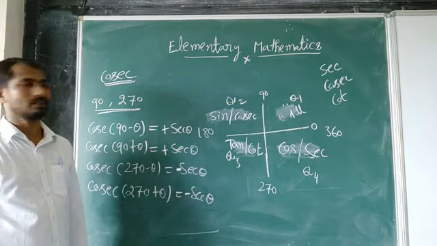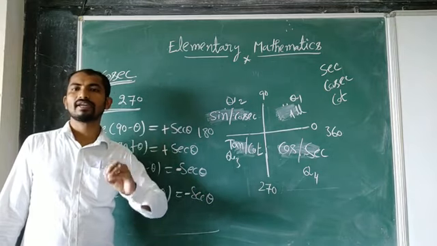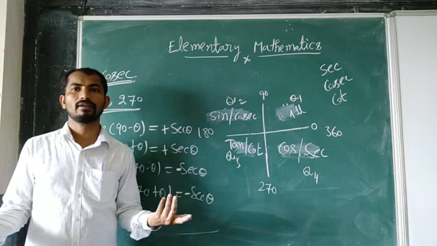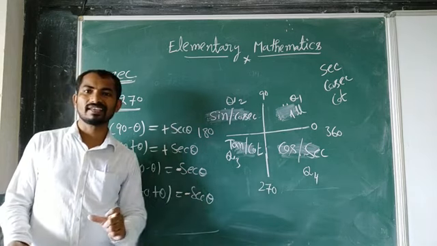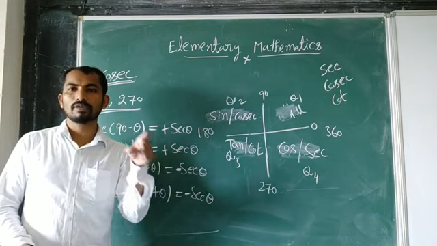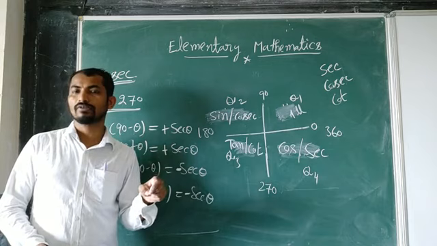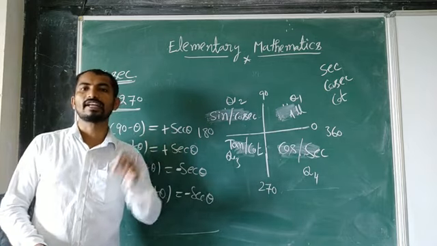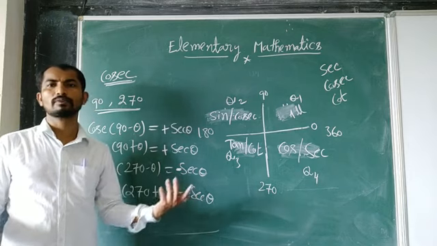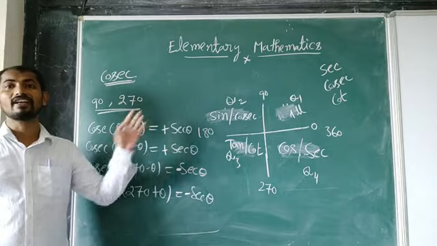It is easy. For the first quadrant, everyone's answer is sec theta, but after that you have to pay attention to the sign convention and write the sign along with it. If you simply write sec theta, it will be wrong. Got my point? To give the sign, you have to see which quadrant the angle belongs to. Then you have to see what our base function is, and whether that base function is positive or negative in that quadrant. Then you can put the sign: if it is plus, write plus; if it is minus, write minus. This is for the angles 90 and 270.